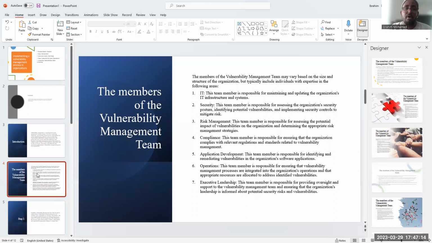The vulnerability management team is based on the size and the structure of the organization. Every organization has teams, some of five, some more. The IT team member is responsible for maintaining and updating the organization's IT infrastructure systems. The security team member is responsible for assessing the organization's security posture, identifying potential vulnerabilities, and implementing security controls to mitigate